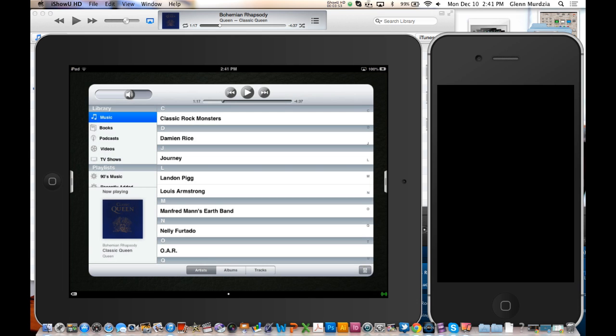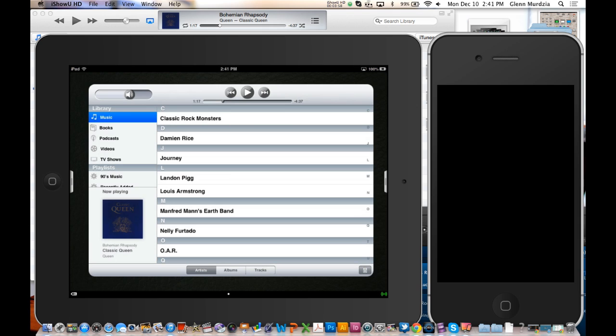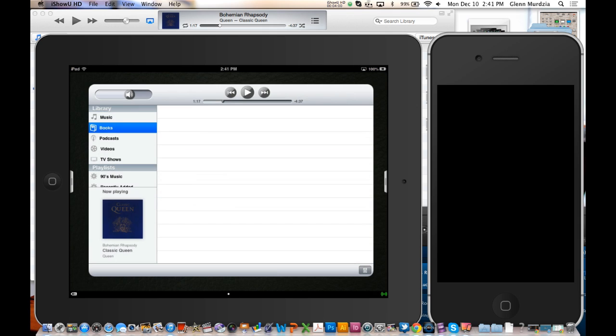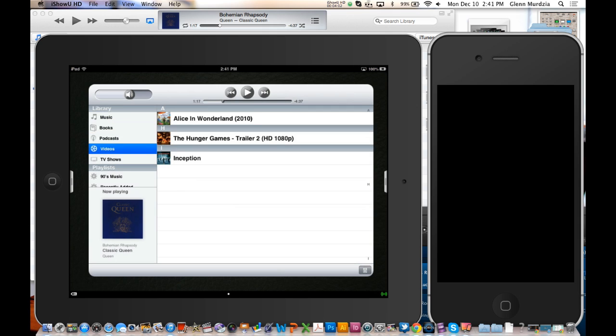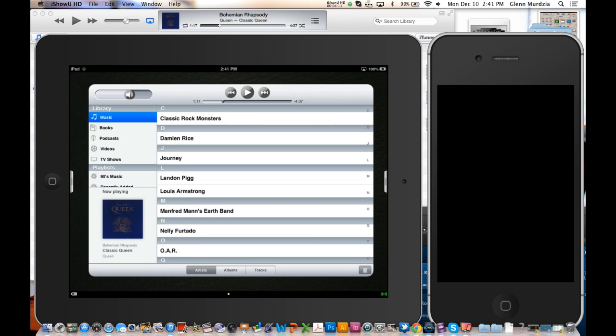So what this is going to allow you to do is scroll through the client's artists, albums, tracks, and their music library, go through any books, any podcasts, and now we support video and also support TV shows. So this allows you to select a TV show, video, or music and send that feed to any room in the house that has AirPlay capabilities or any device with AirPlay capabilities, or send it back to the computer that